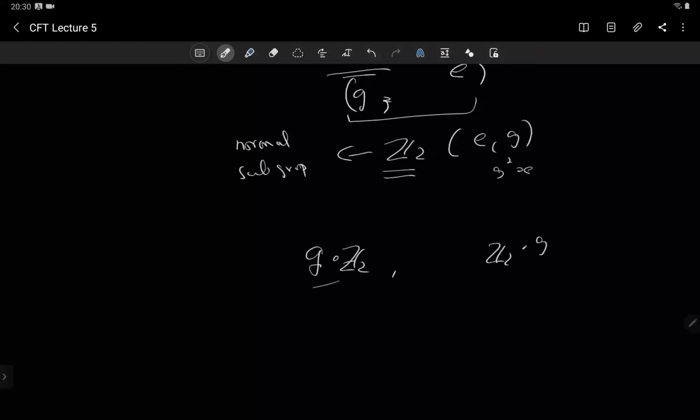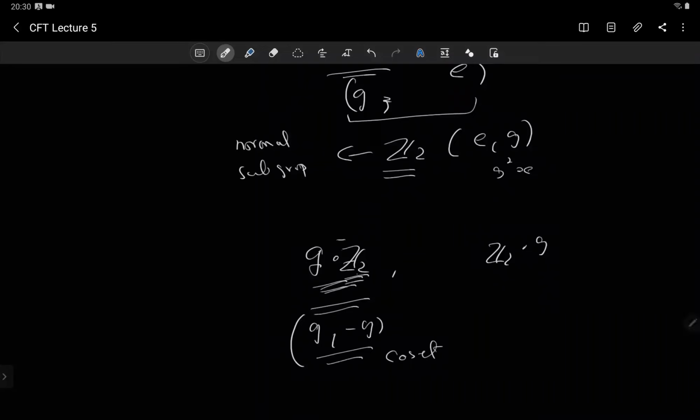So multiplying means that if you take G, this is a set which is actually G and minus G, because Z2 has identity and -1. So this is G and minus G, and this is the coset. This is the coset corresponding to Z2. I'm saying all these things because you've already done it once, so you can remember it from before.